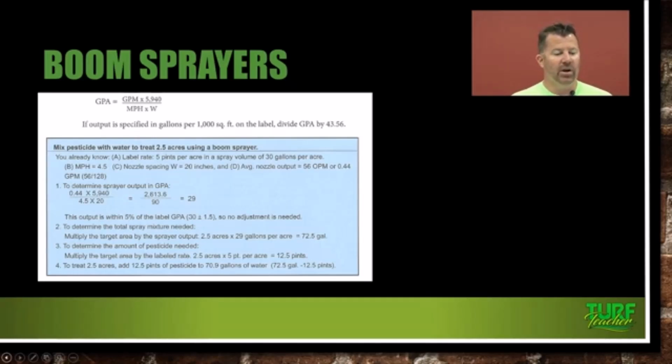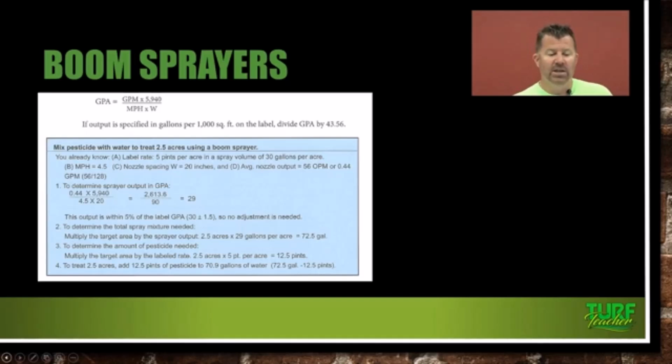So to determine sprayer output in gallons per acre, we're going to take our 0.44 times the 5,940 divided by 4.5 times 20, which is equivalent to 2,613.6 divided by 90 gives us 29. This output is within 5% of the label gallons per acre of 30 plus or minus 1.5, so no adjustment is needed. To determine the total spray mixture,